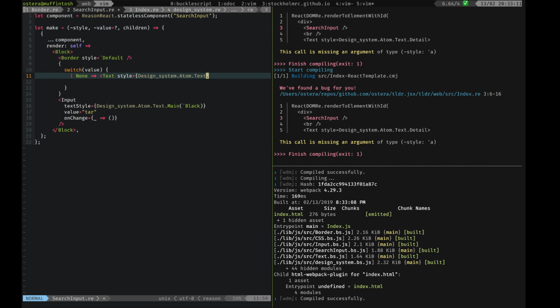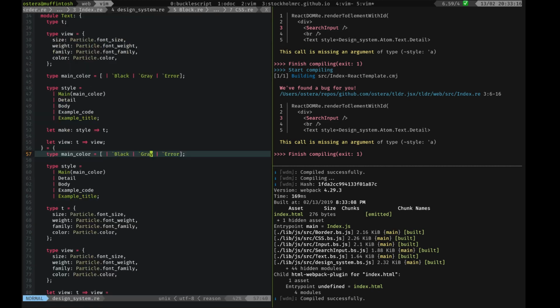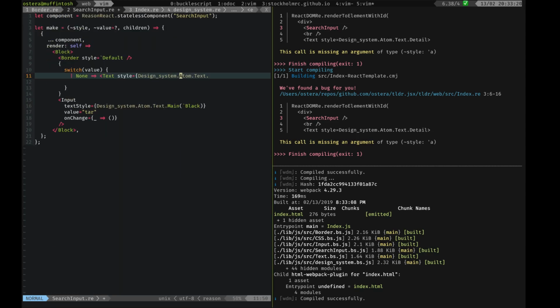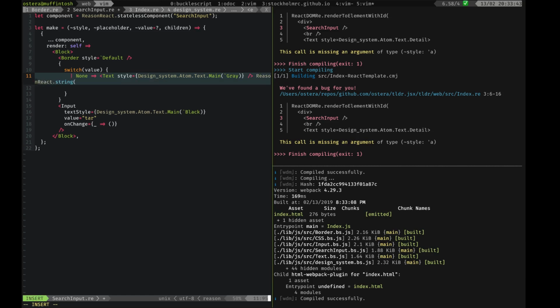Alright. And in here, because this is a polymorphic variant, we can just say style. Okay, so we need the style part. Good. Main and then gray. Right? So this will be a text. Yes. And as a placeholder, we would have some value. Yes. That I reckon we could parameterize. Definitely. We should receive the placeholder as a property. And you always need to receive the placeholder. Yes. And this would be ReasonReact dot string